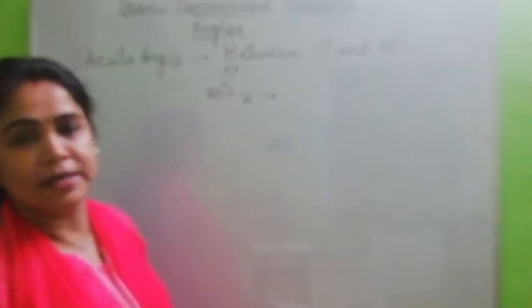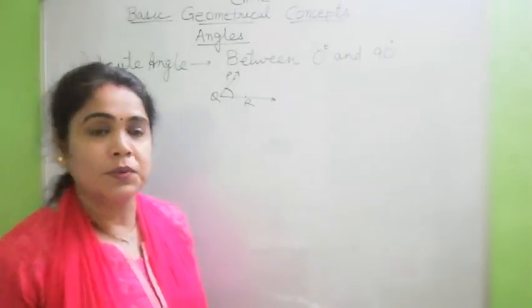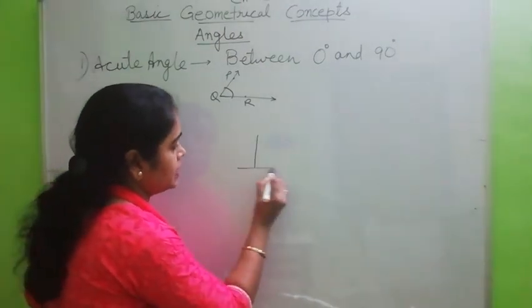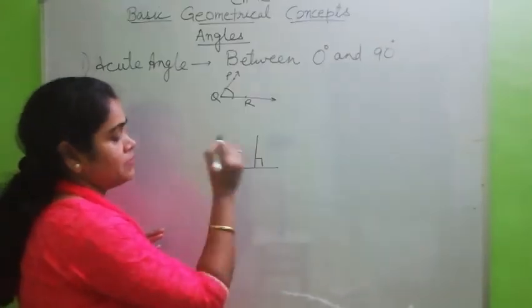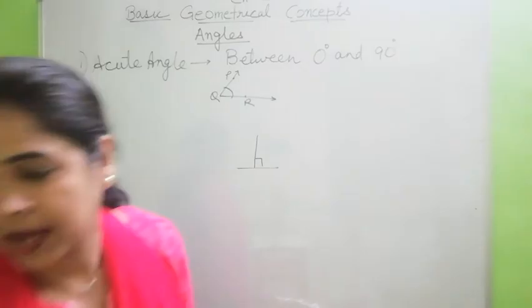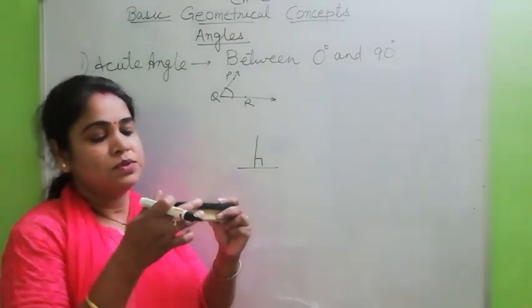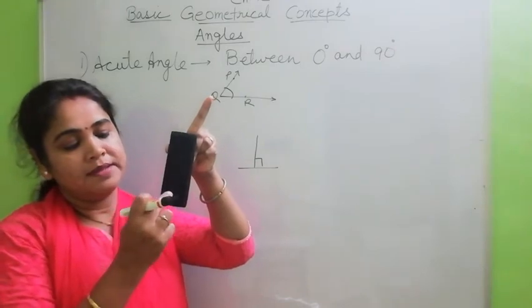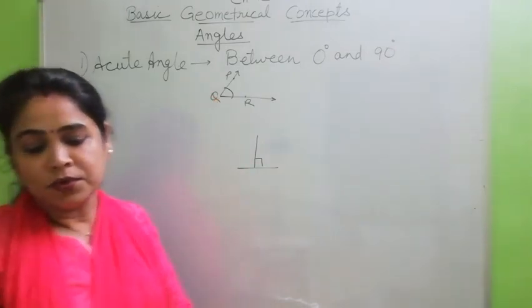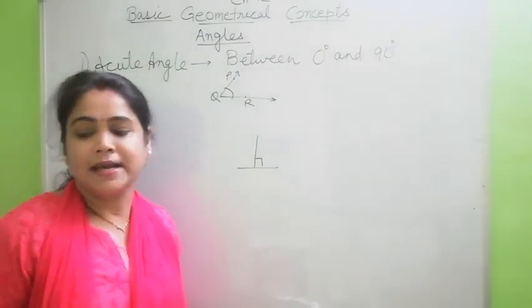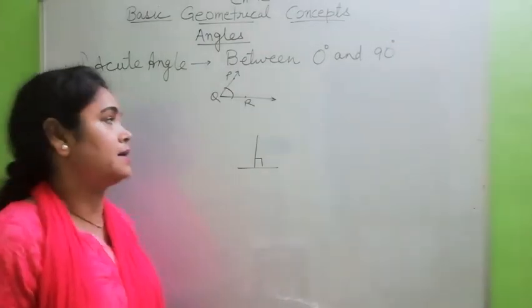All of you know 90 degree, just perpendicular, which I have taught you. So, are they perpendicular? Perpendicular lines are just falling like this. I have given you examples also in my previous video, that any edge, like I have a duster. So at this edge 90 degrees is formed, or you can say at this edge 90 degrees is formed. So, if it is less than 90 degree, we will call it an acute angle.